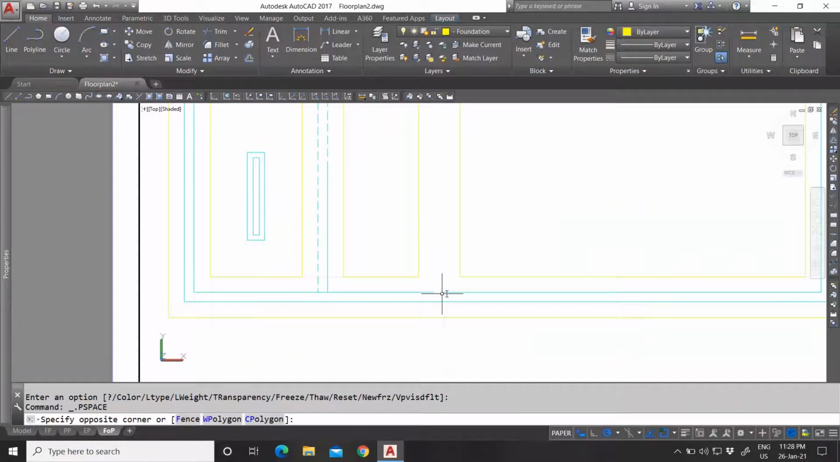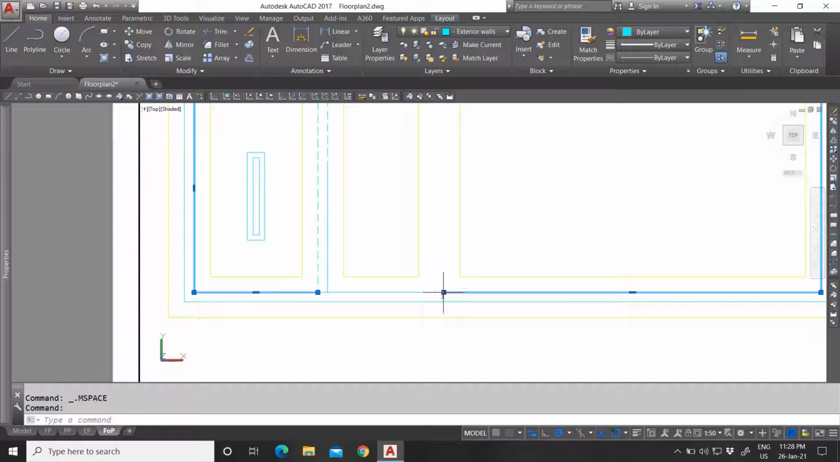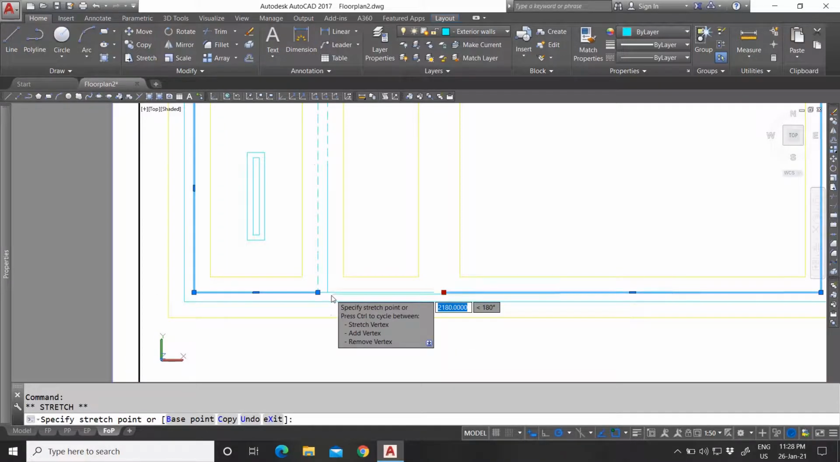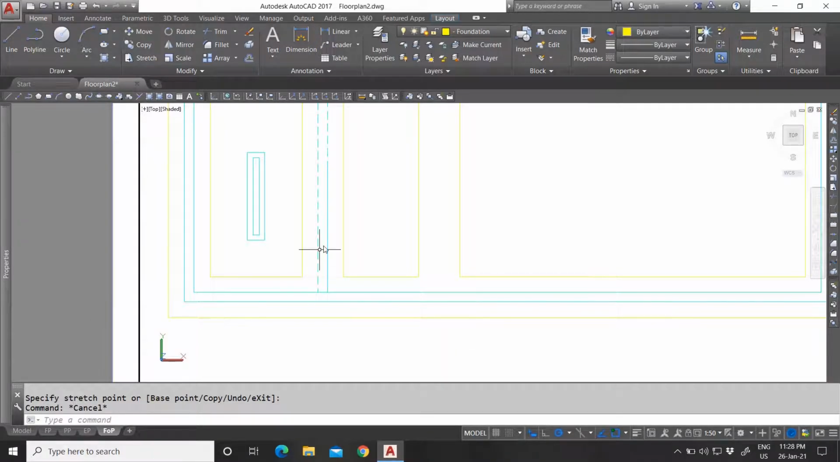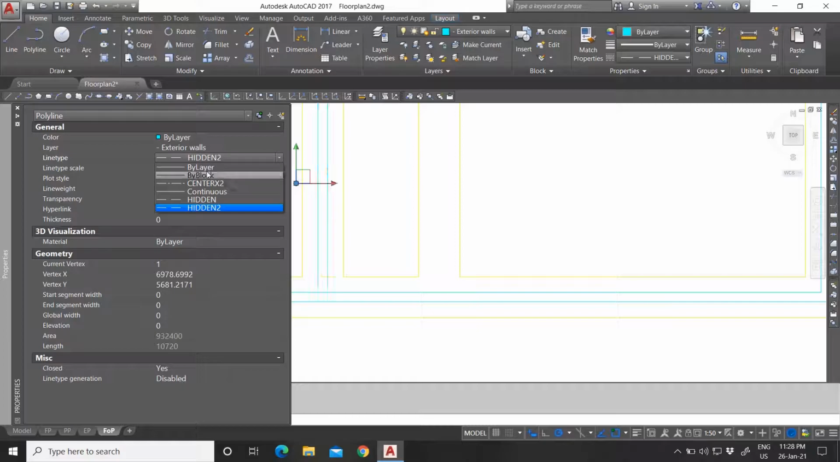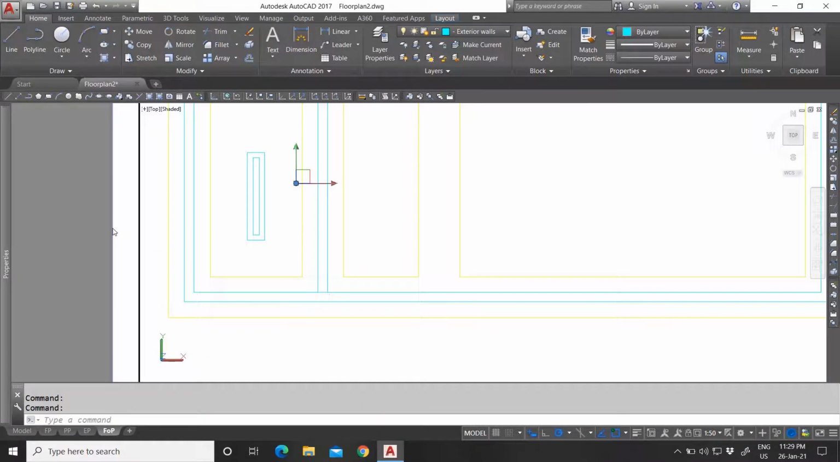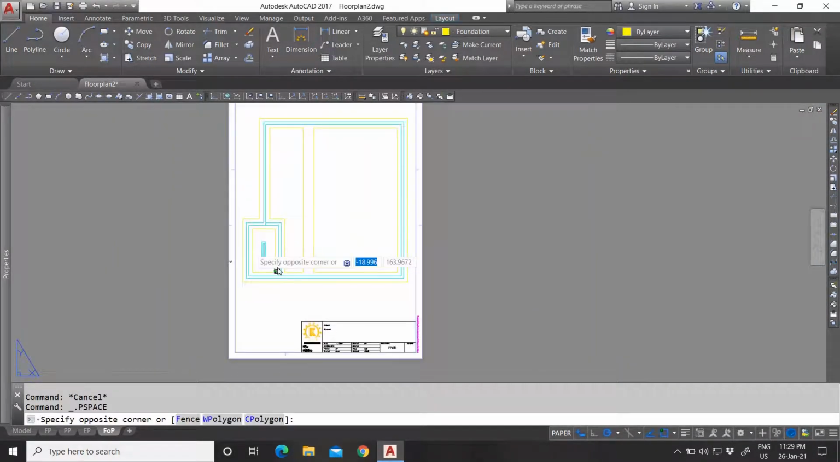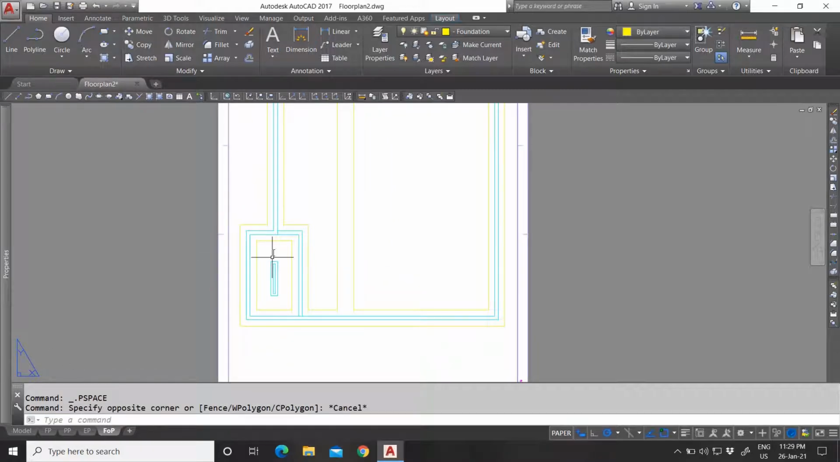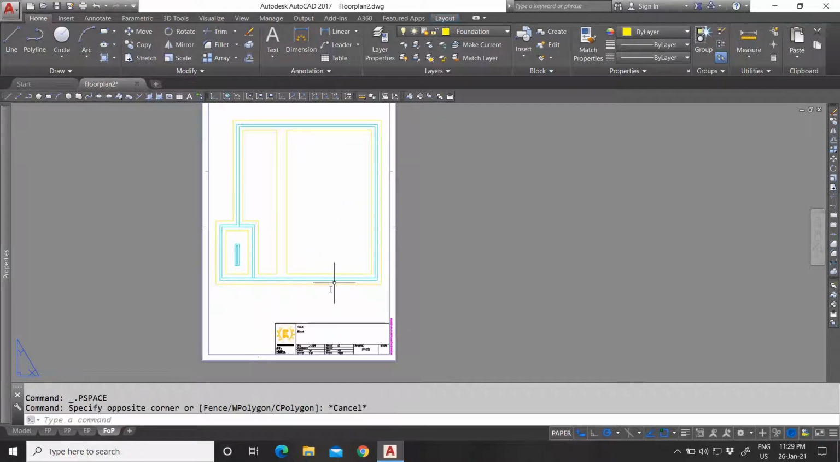Let us go into this drawing. I see that right here I have a loose line, and this right here is set under exterior walls, but it is dotted, it is hidden. Let's just put it by layer. Okay, so now as you can see, we have a foundation plan,